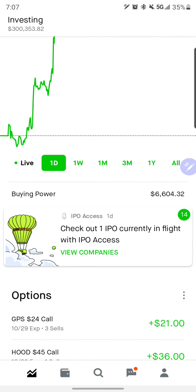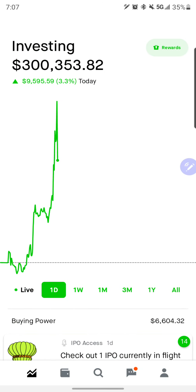Let's see what else. Our SPY put credit spreads, which I did not go $8 out of the money. If I had, they probably would have been fine, but I did get stopped out on those. We grabbed a $7 credit initially. It went to twice that, which was 14 is what it was showing. So I closed them out. Didn't get filled at 14, ended up getting closed at 15. So that is an 8% loss when I closed that. Probably would have ended up fine, but that is not the rules. I guess I shouldn't have played by that rule if I wasn't going to play the $8 out of the money rule, but I got a little bit greedy on the premiums there,